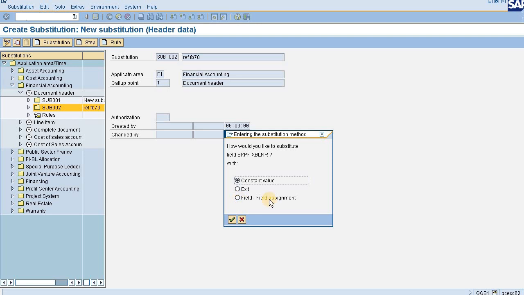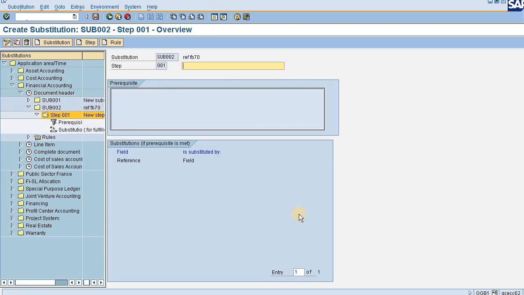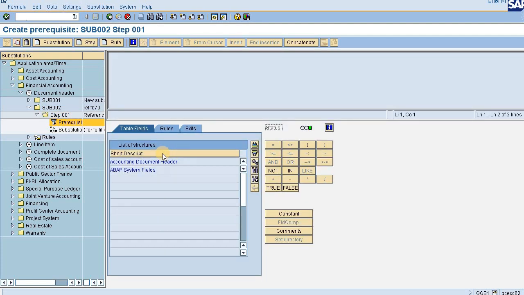I'll do some field mapping, field assignment. This button needs to be chosen, and if you press the constant value, then your constant value will be updated every time. Constant value means the hard-coded one. Now I want the field assignment, which means I'll assign some field against the reference. Fine. Now for the reference substitution, I am giving the description, going to the prerequisite.